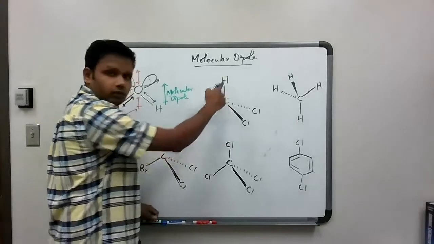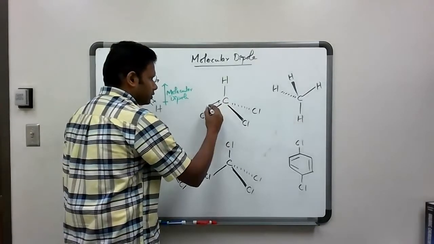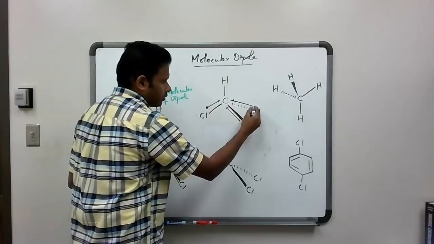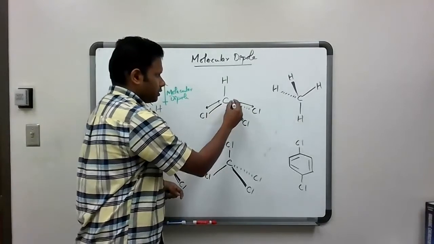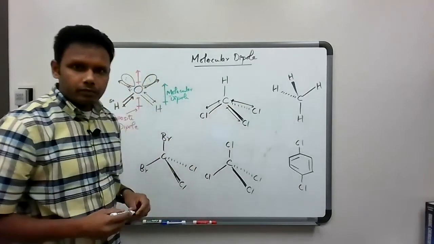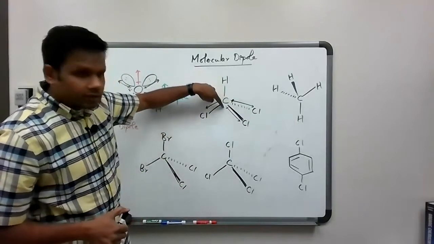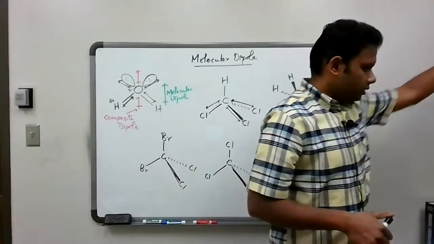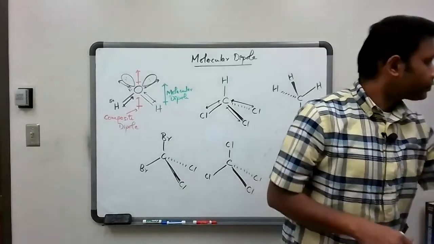There's no dipole for a carbon-hydrogen bond. For the carbon-chlorine bonds, the dipole is going to point down in all of these cases. Okay, so that's the direction of the bond dipole. And again, this is a tetrahedral carbon. Okay, so let's look at a tetrahedral carbon here so that we are able to